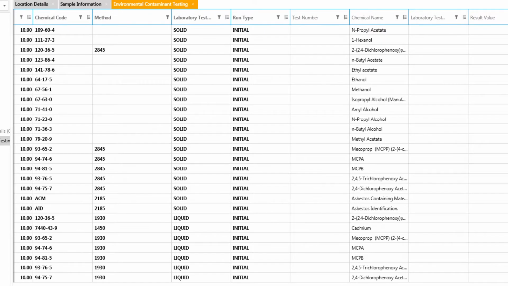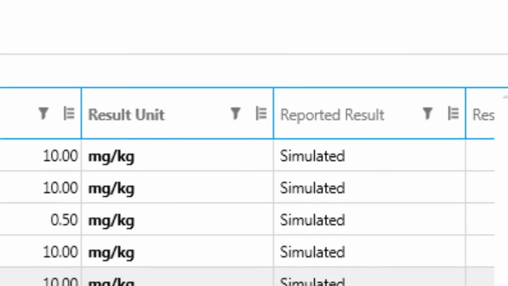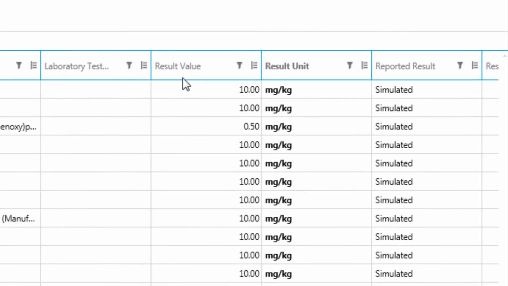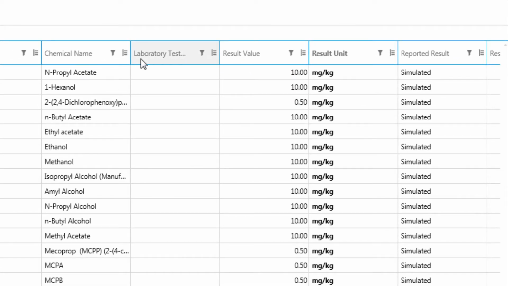Please note that the Result Value column contains LOD values for the respective determinants and not the actual results. The results can be seen in the